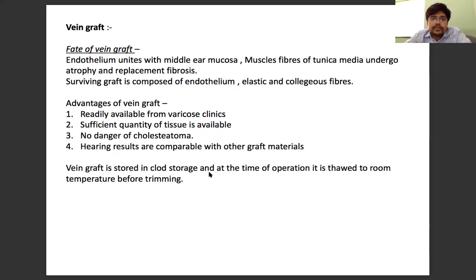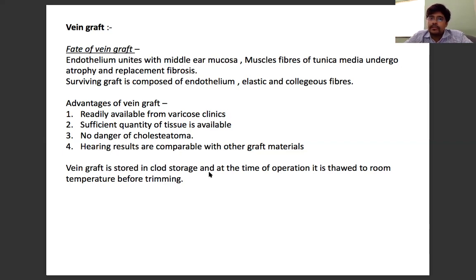Okay. So this is regarding myringoplasty, for which I told you the definition and the difference between myringoplasty and type 1 tympanoplasty. In myringoplasty, we do not inspect the ossicular chain, we just put the temporalis fascia graft or perichondrium or cartilage graft. So we put a graft material without inspecting the ossicular chain. While in type 1 tympanoplasty, the ossicular chain is inspected.